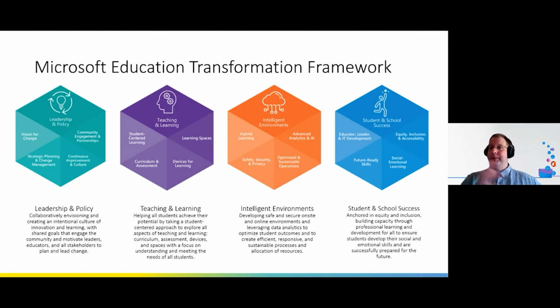And connected to that, it is the physical security, it is virtual security that needs to come definitely on top of it. And last but not least, it's the student success, right? We want our students to be successful in our career. With that, we basically need to make sure that we are including every single person within the organization, that we need to think about the future ready skills, we need to think about the social emotional learning, because these are all the factors that are potentially then bringing the student to be ready for the future and to be able to continue as a researcher, as a PhD, as a worker, or whatever they will choose